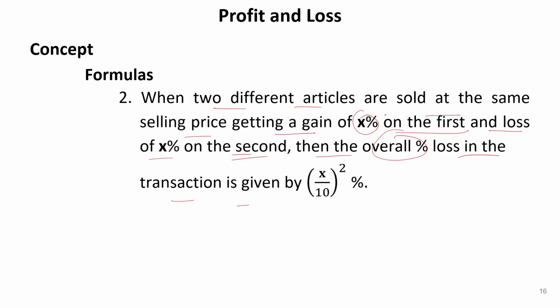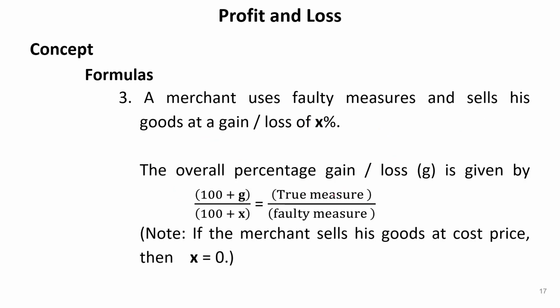Okay, so if two articles were sold at the same selling price, with a gain of X% on the first and a loss of X% on the second, then the overall percentage loss in the transaction will be given by (X/10) whole power 2 %. Okay, so let's see the third kind of formula, that is, a merchant uses faulty measures